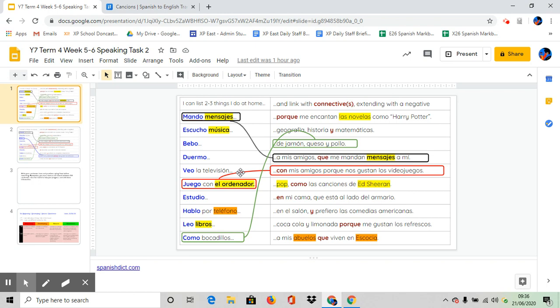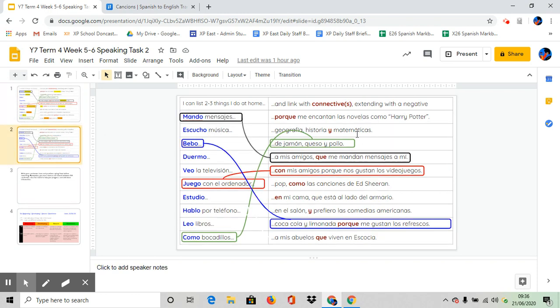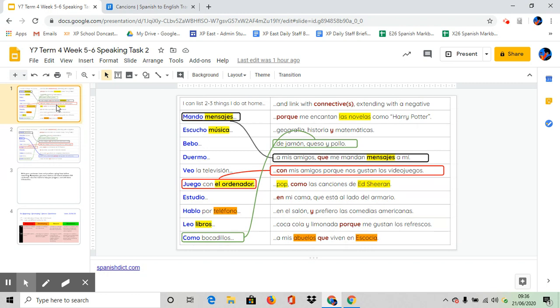If you want to push yourself a little bit more, if you want to learn a little bit more Spanish, you can add some phrases from the right side of the slide. And there are 2 slides with 2 sets of phrases to choose from, okay? So how are you going to know which word is which? Well, I've helped you a little bit. I've highlighted words that might appear in both sentences or link in both sentences.